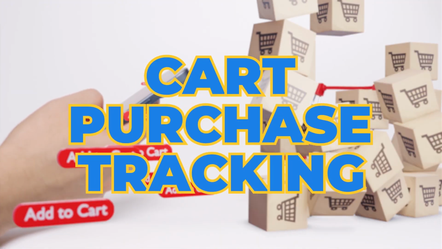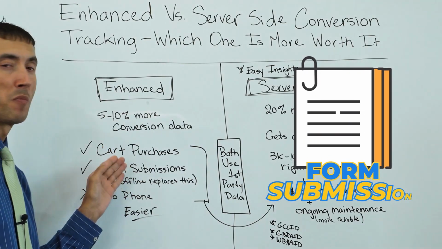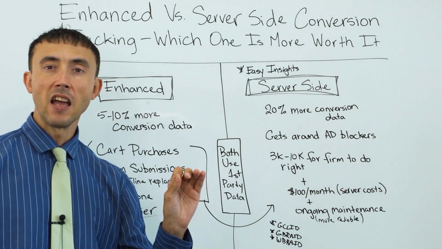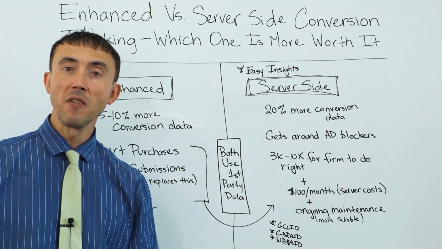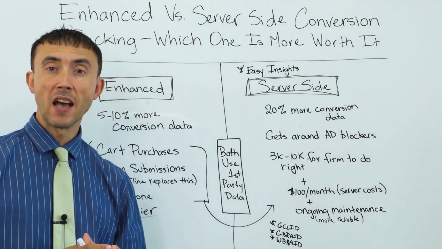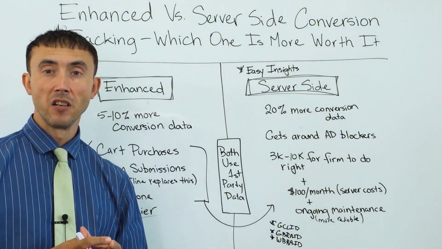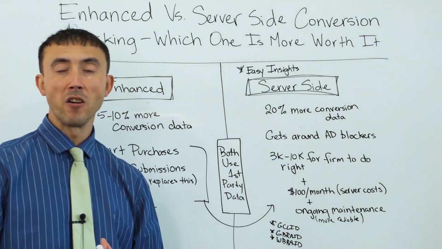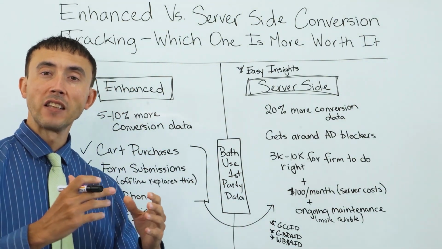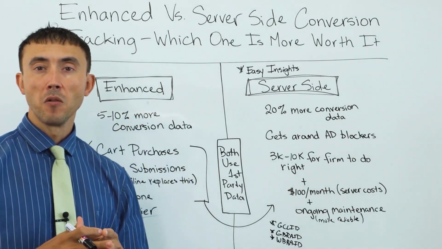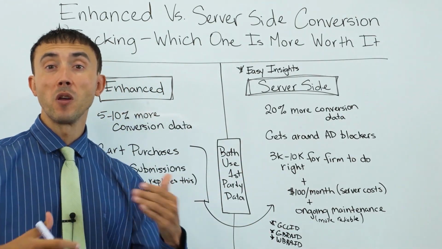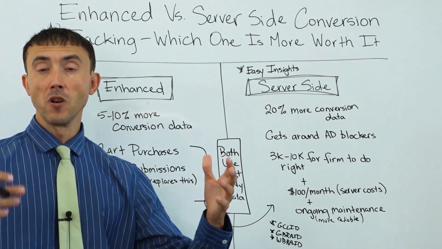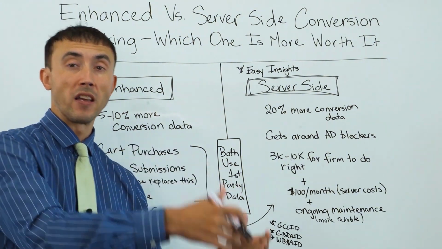You could actually do enhanced conversion tracking with form submissions as well and get a few extra conversions, given that the people that get to your website that are using an ad blocker, therefore the pixel code will not render on that user's website, you'll still at least get some conversion data back over to Google in that case, and it'll pick up some extra conversions on your form tracking goal